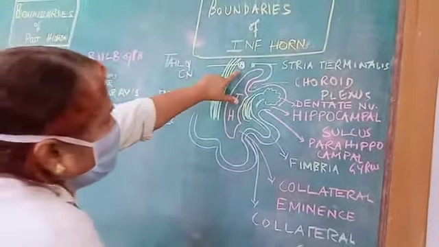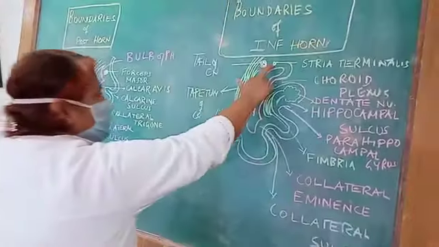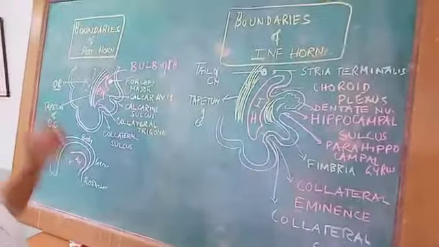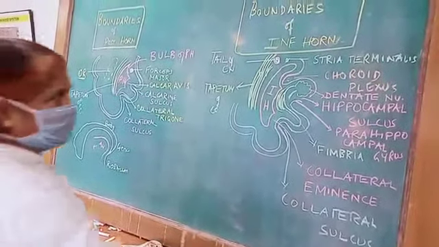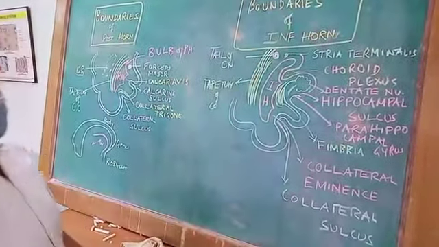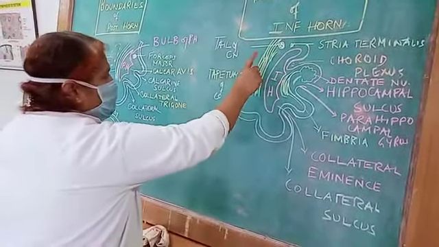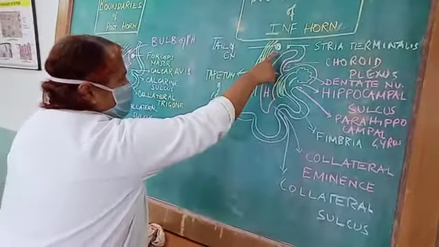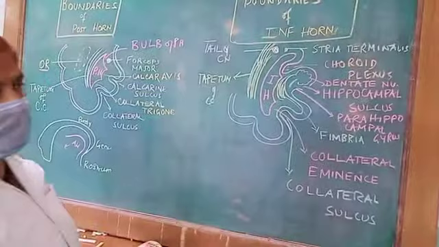And medially we will see there is a tail of the caudate nucleus that comes in relation to it. There is a place called the stria terminalis, which from the tail of the caudate nucleus will go to the body called amygdaloid body, and there the fibers start, those fibers are called stria terminalis fibers. So on the roof, this is your tapetum, this is the tail of the caudate nucleus with the amygdaloid nuclear complex and the stria terminalis.